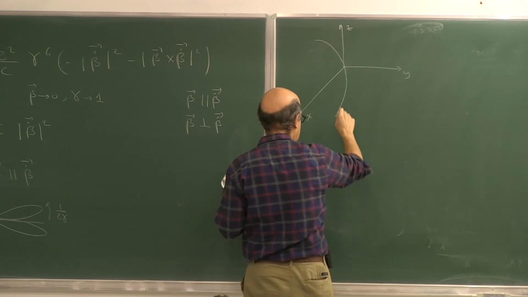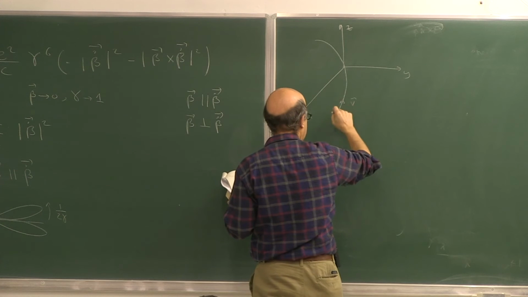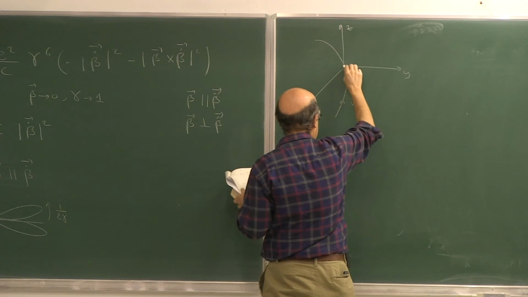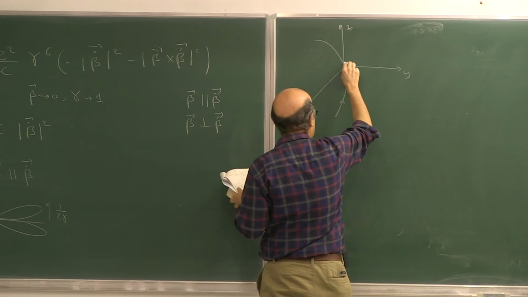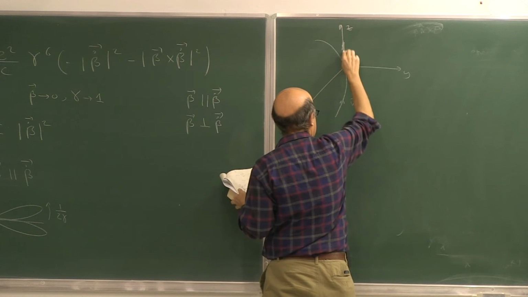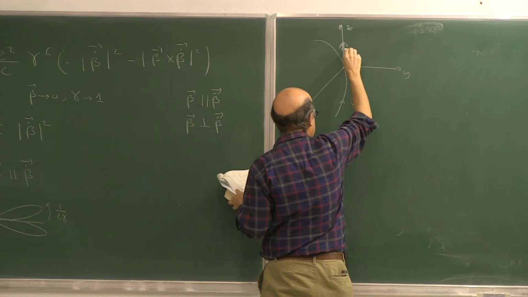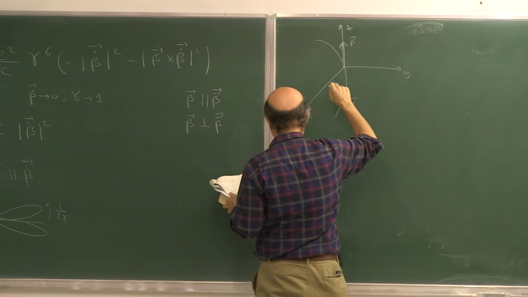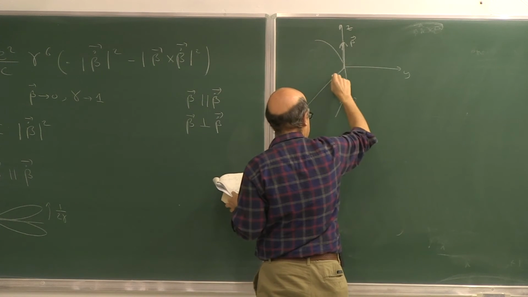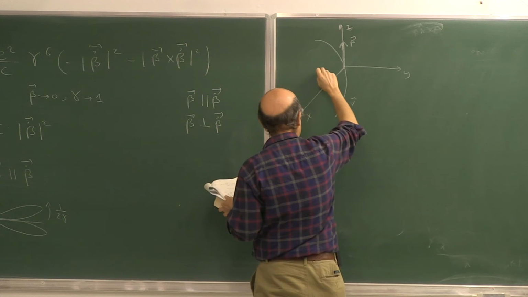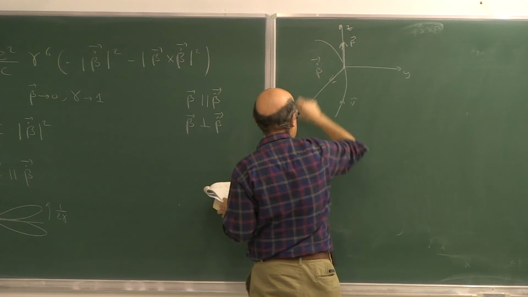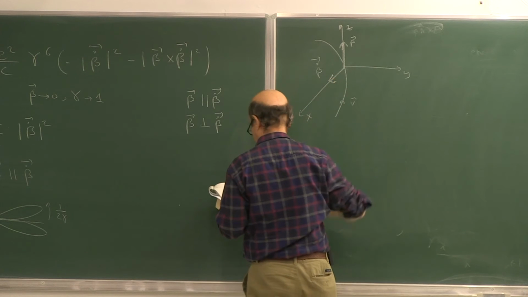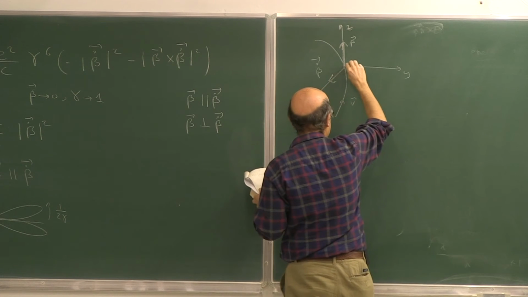Say the charge is moving here along that path. At this instant, beta is along the z direction, and beta dot points toward the center of curvature,